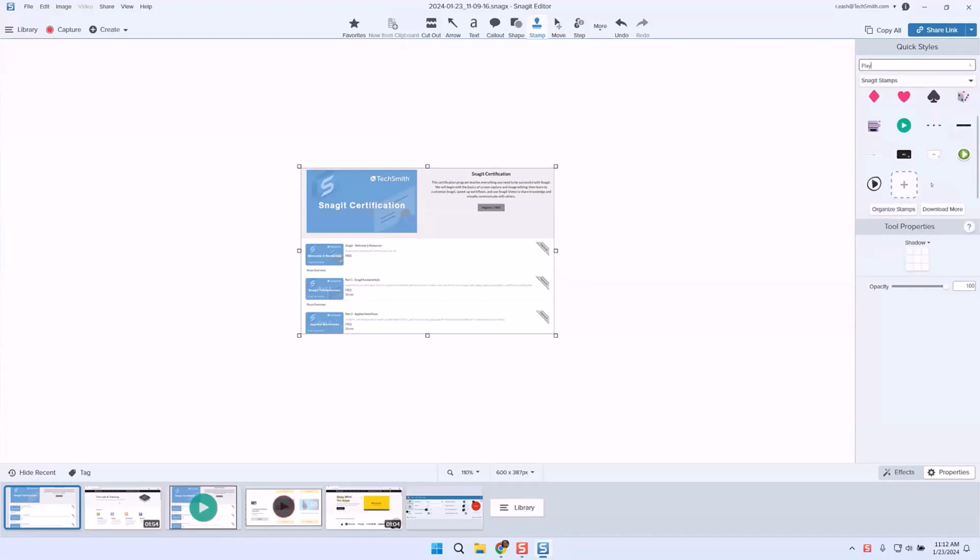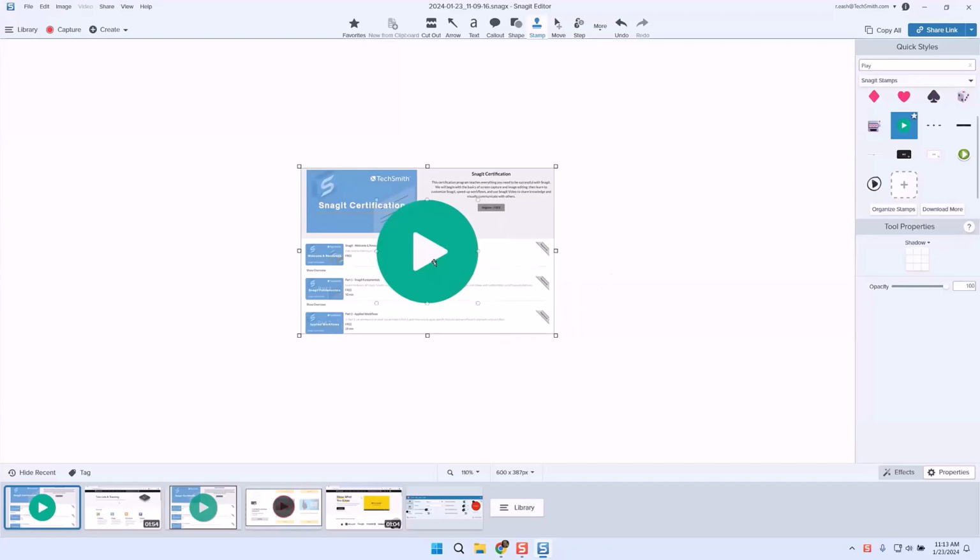But I'm going to use one of these that you see visible here on the screen. I'm going to click on it and select it. And then I have to come over here to the image, and I just need to click one time. It pops up on the screen. But what's awesome about this is I can select it and resize it. And these are vector images, so they're not going to pixelate or get blurry as I resize them. So I want to put it right here in the middle, make it look like it's a video